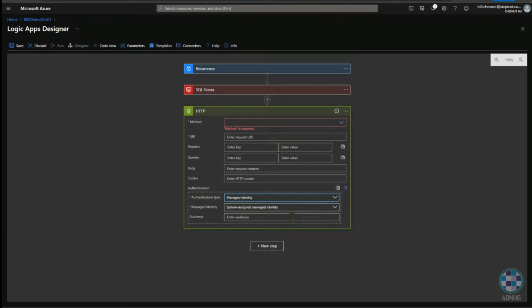They are adding more and more of those connectors. I thought I had a list. Let me just have a quick look. Nah, I've got rid of that screen. But if you just search for MSI Logic Apps, you'll get a list of the connectors that are using